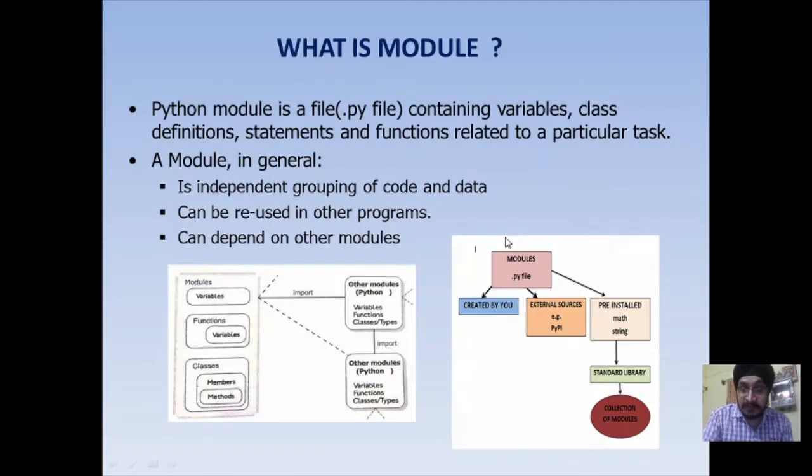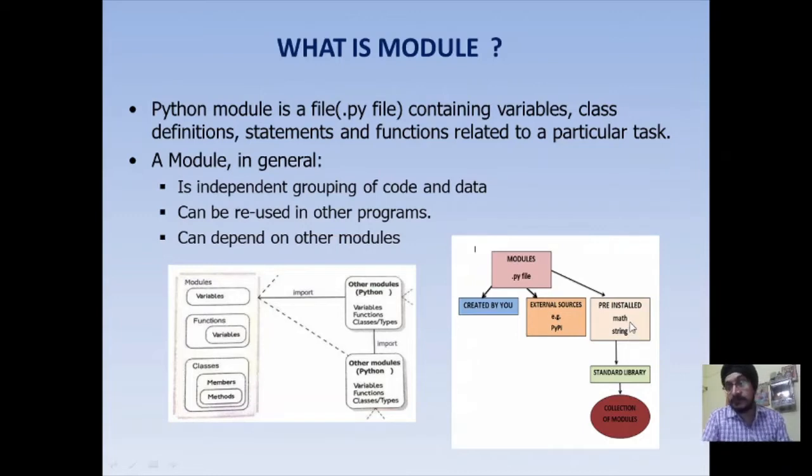So we have learned a Python module is a .py file which can be created by you, that is user defined modules, as we have seen in our area.py file. We may have some pre-installed modules like math or string which you might have used in class 11th.